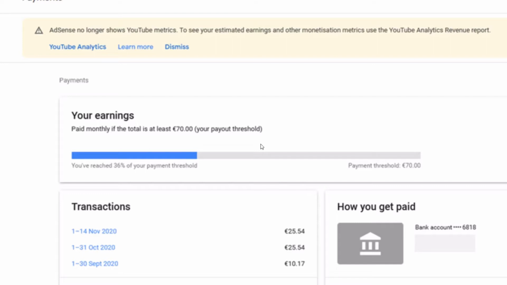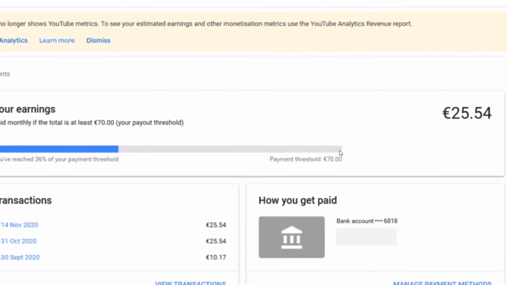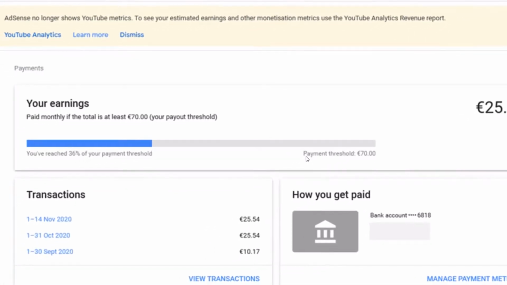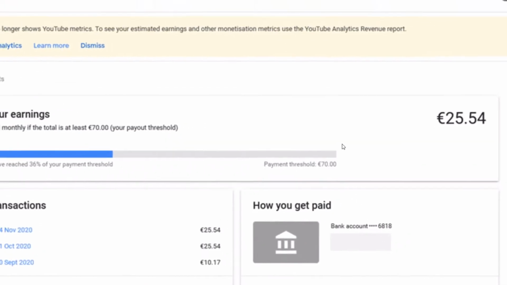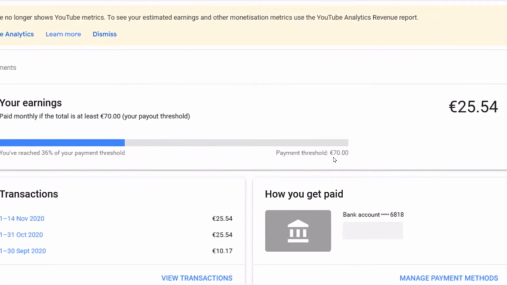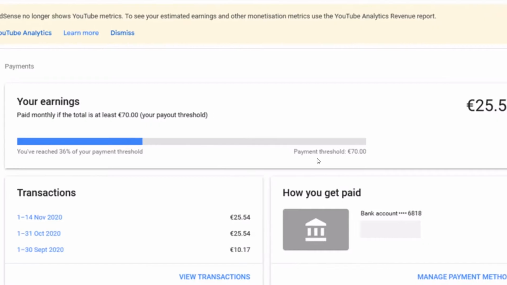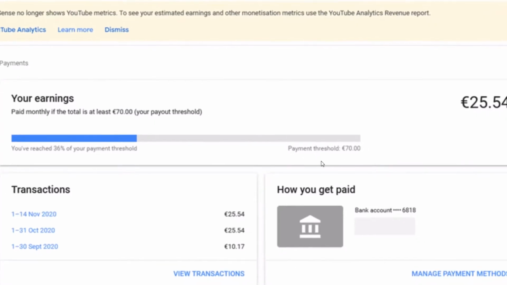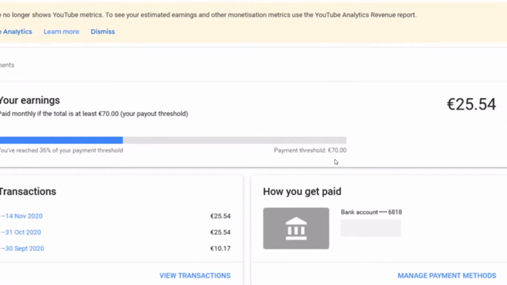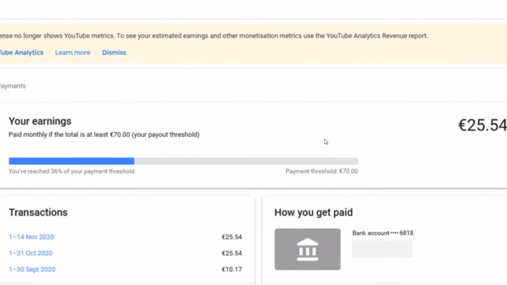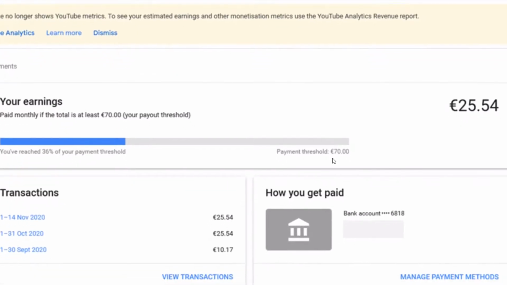And secondly, when you finally reach the maximum threshold, remember that this is the default. Here in Europe, or here in France, it is 70 euros. In your country, it might be any amount. It will be the equivalent in your currency, and you could also increase it to any amount that you want. I maintain the 70 euros.